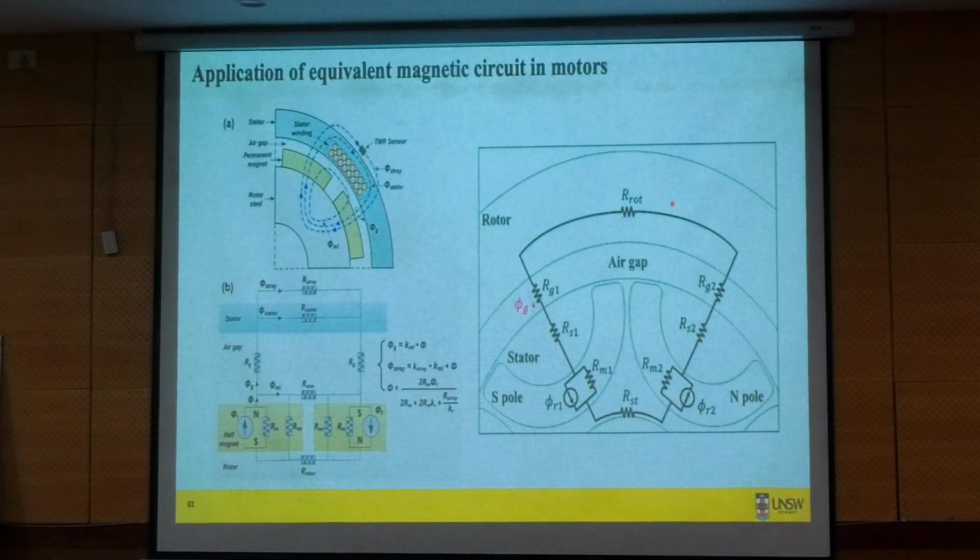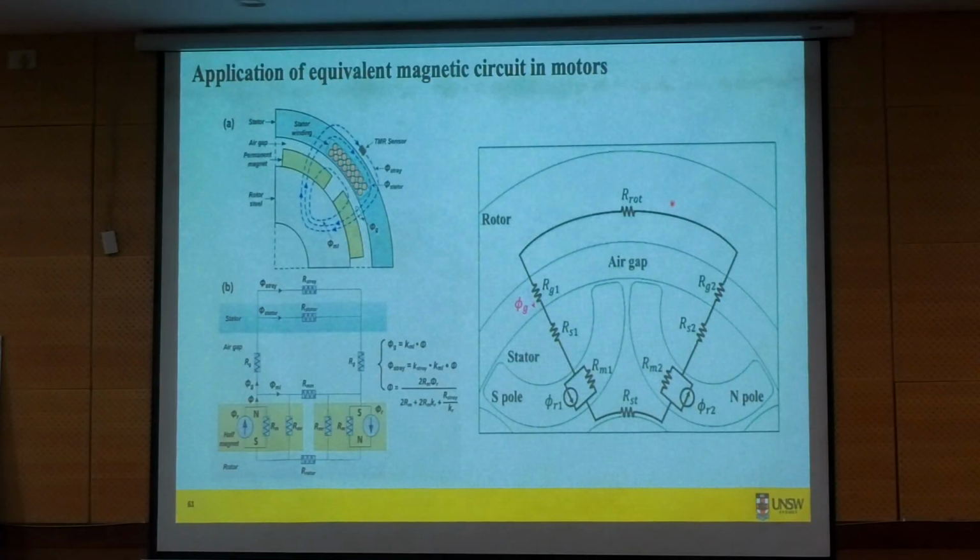So here is a magnetic equivalent circuit of a motor, and how you can draw it. It's not that you can't, you can draw it. On your left-hand side, you can see a surface type permanent magnet motor. On your right-hand side, you are seeing an interior type permanent magnet motor. And here they're attempting to draw the equivalent circuit by drawing the various reluctances of various parts,